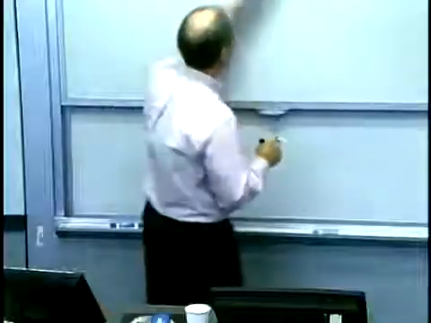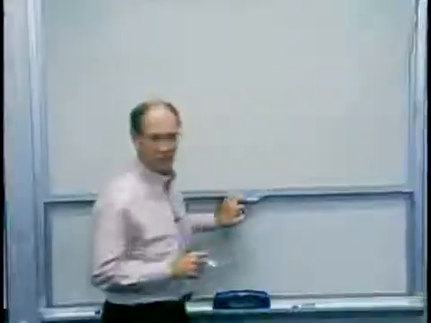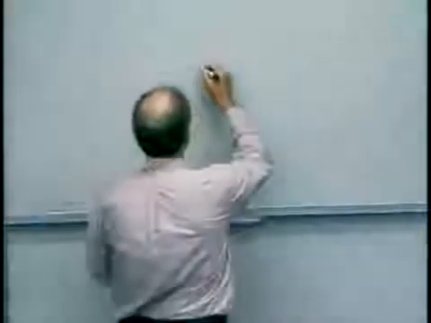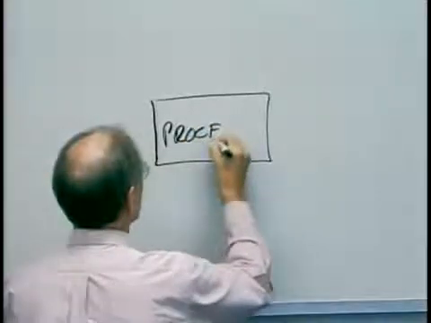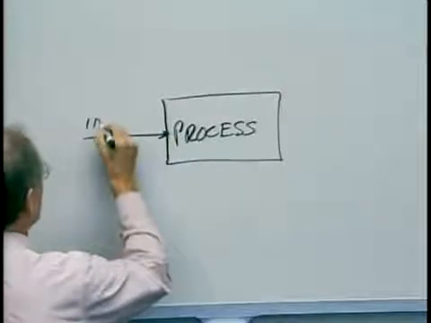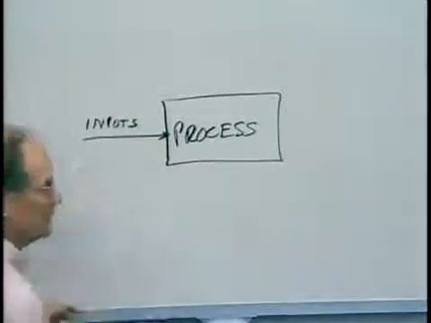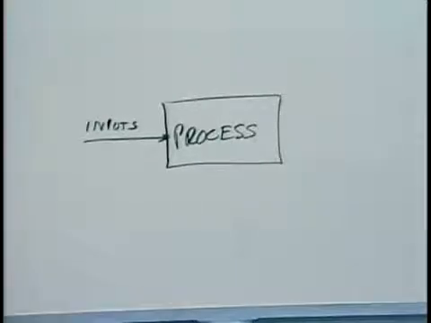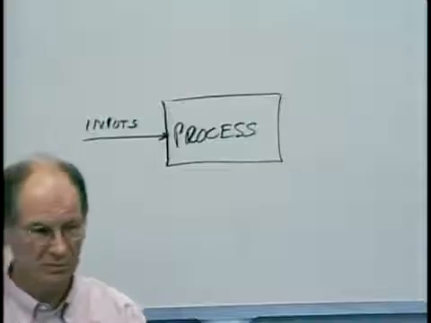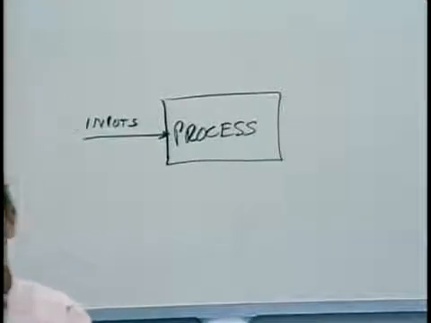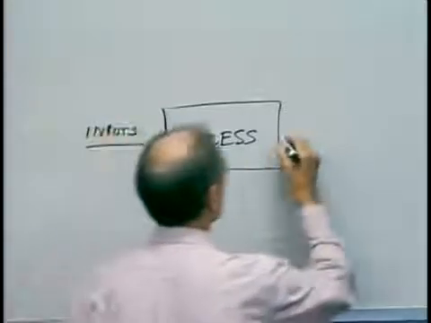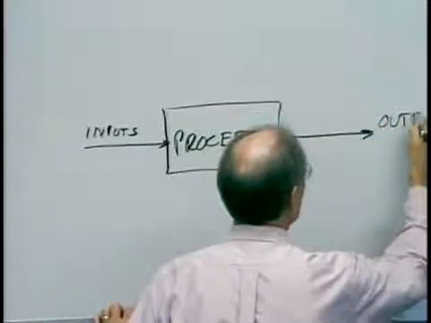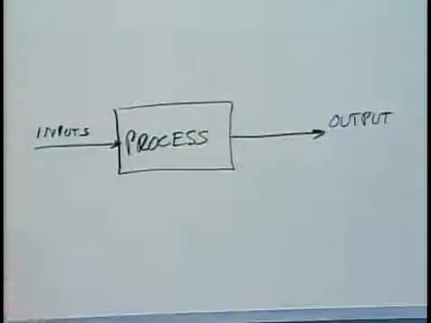Now, for those of you who have come up with a control systems or system dynamics point of view, and I think I warned you last time I talked to you, I do everything with block diagrams, so I have to do this. We have this manufacturing process, and we have certain inputs to the process. And these, again, are the things that we can control, and we should be able to control, and we either set them and leave them alone, or we control them in a way that makes the process do what we want. And that produces a certain output through all of the different materials and other things like that.